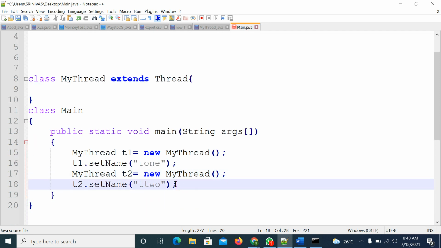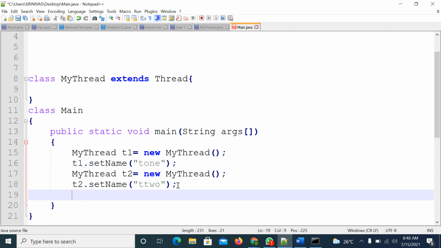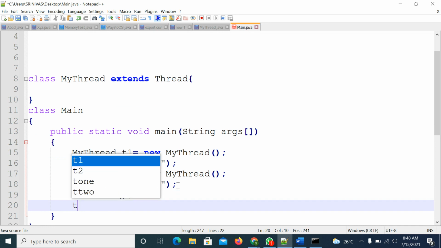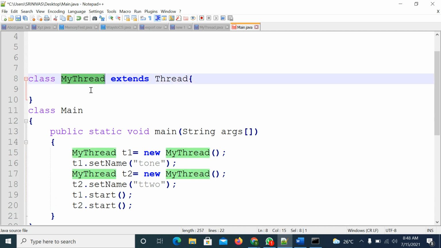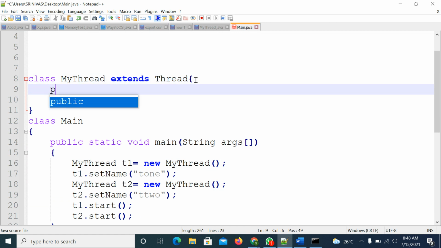I will start the T1 thread and the T2 thread. Both threads are started. If you start the threads, what will happen? It will try to execute the run method of your thread class, so your thread class must contain a run method.